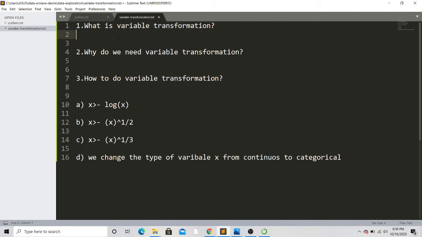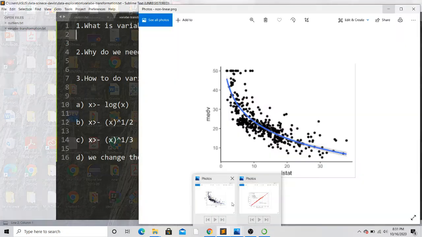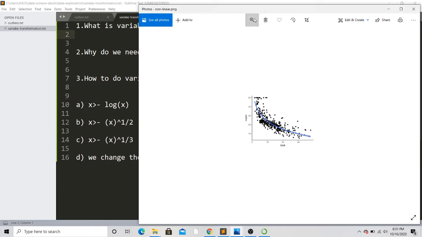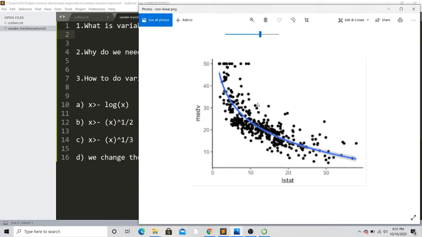Now coming to why we need variable transformation. I will explain this with the help of an image. Let me zoom in. This is the image of a dataset. Don't focus on the names like stat and medv, they don't represent anything.